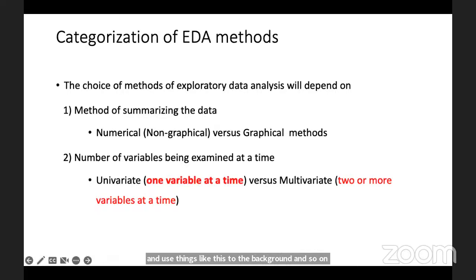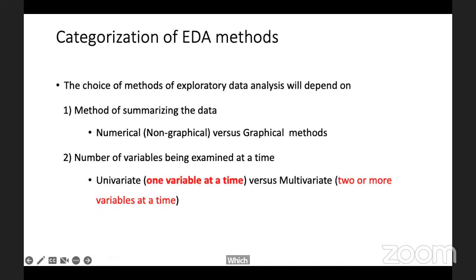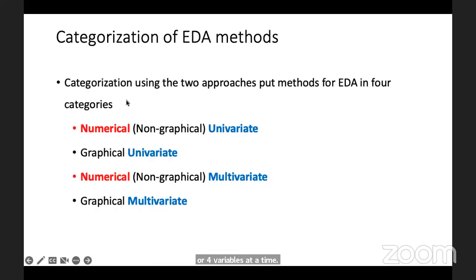You could also look at the method of exploratory data analysis, whether you are dealing with one variable at a time, which is univariate, versus the multivariate, where you're going to deal with more than one variable at a time. You could deal with two variables, three variables, or four variables at a time. That would be what you want to do. So based on the two categorizations, we can have, for example, numerical